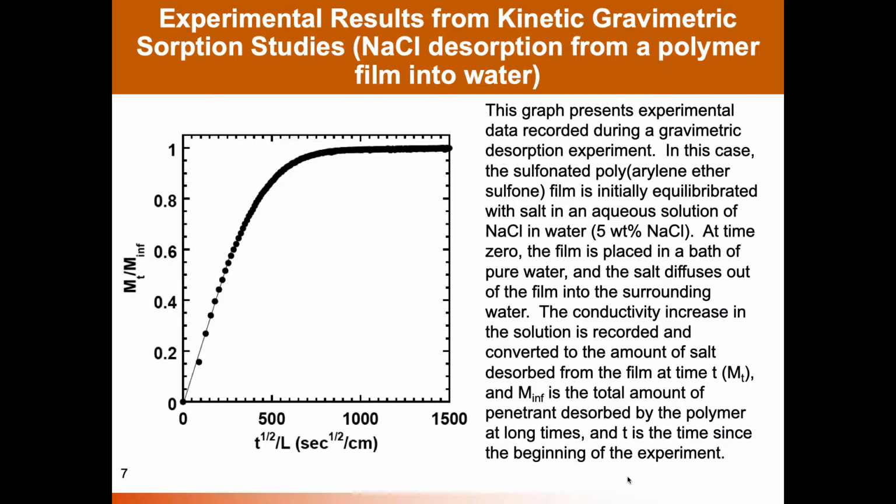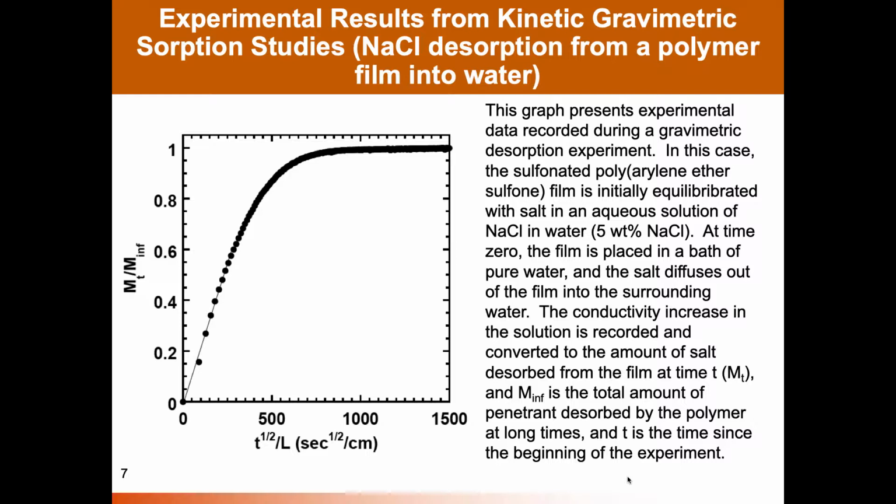The salt that had absorbed into the polymer comes out into that water, and you can measure the amount of salt released. In these desorption experiments, M_t and M infinity take on slightly different meanings. M_t is the amount of penetrant released at time t, and M infinity is the total amount of penetrant released,